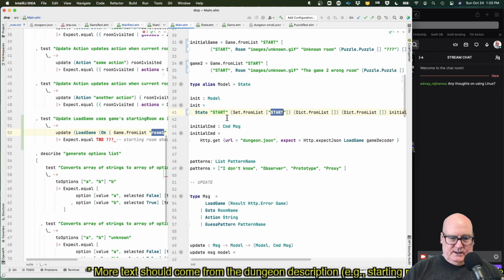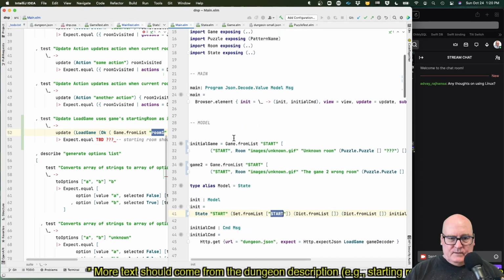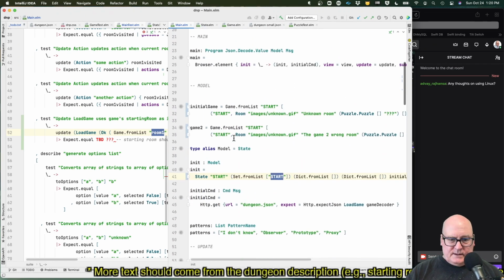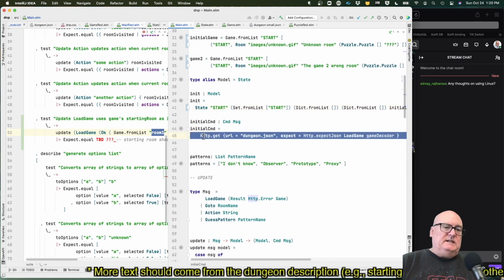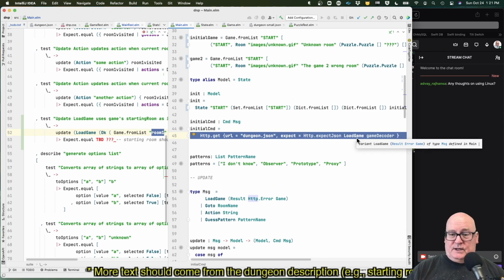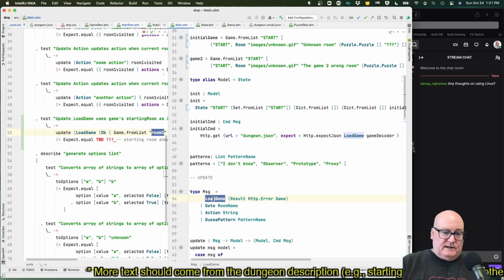The initial command, I'm not seeing that. Where is that? There it is. Okay. It says do an HTTP get, read the file dungeon.json. We're expecting JSON, and we're going to call load game and use game decoder to decode it. So that forces the initialization state to load that file and call this function.